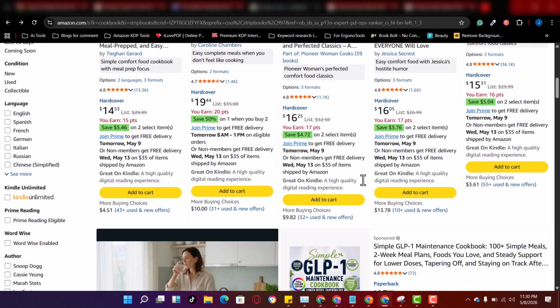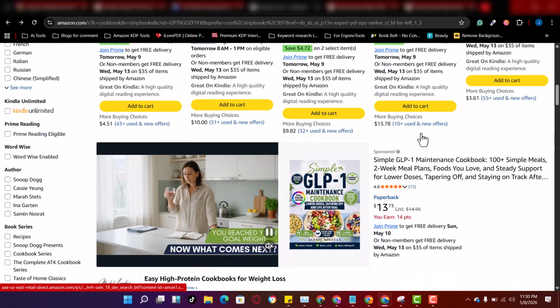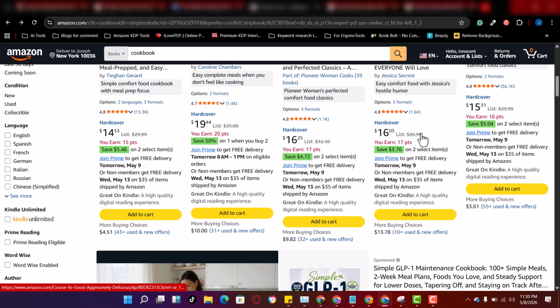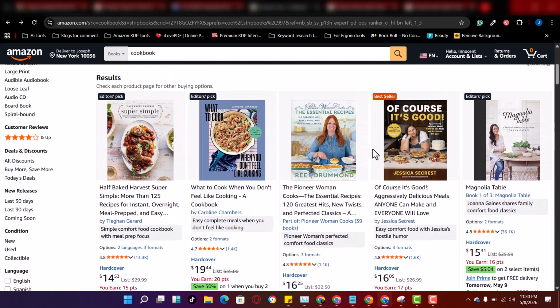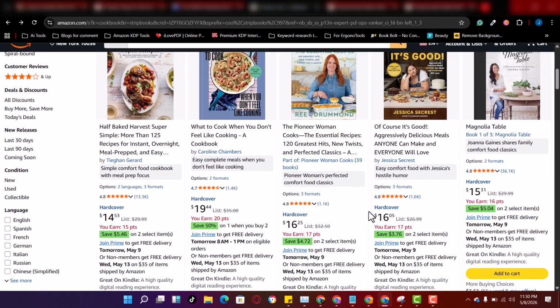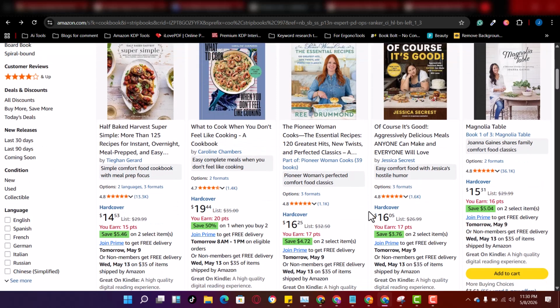So what happens is that once you write your book and publish on Amazon, Amazon takes care of everything for you. They take care of the printing, they take care of the delivery, they take care of everything concerning the book, and then they pay you royalty. Of course, you share the sales by percentage. That is why we say they pay you royalty, right? So they take away everything from you, the houses and everything. They do all the work for you, and then they pay you royalty, and then they also take their own cut.